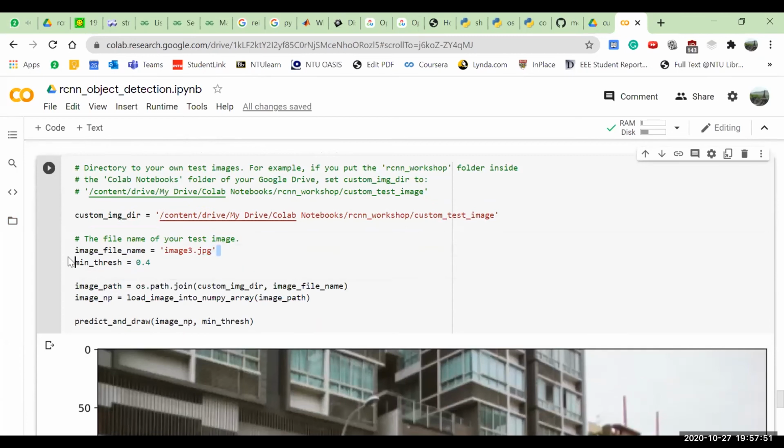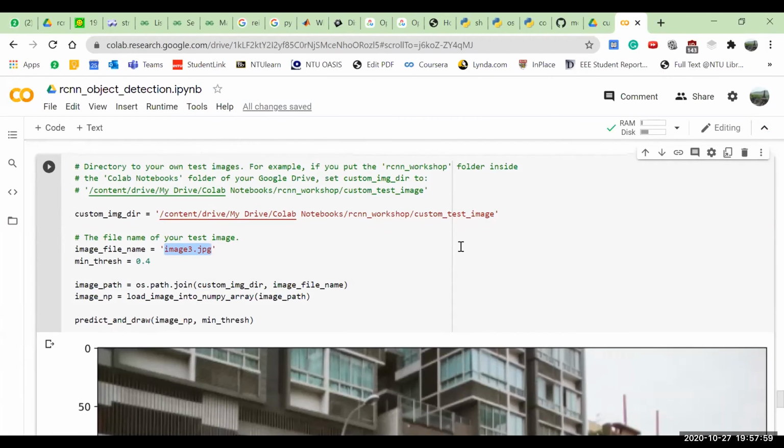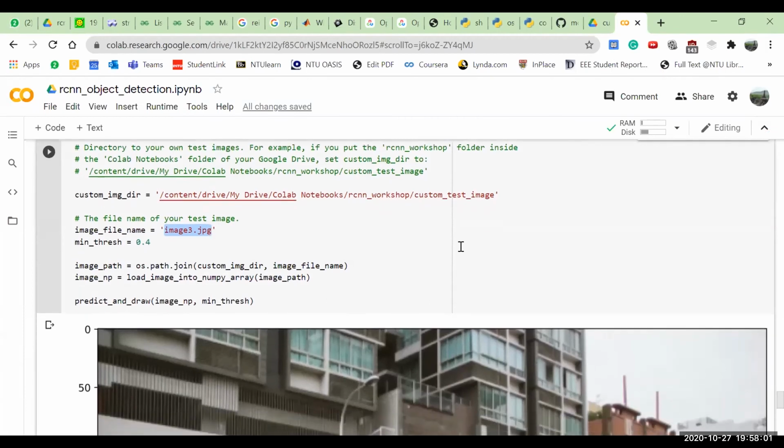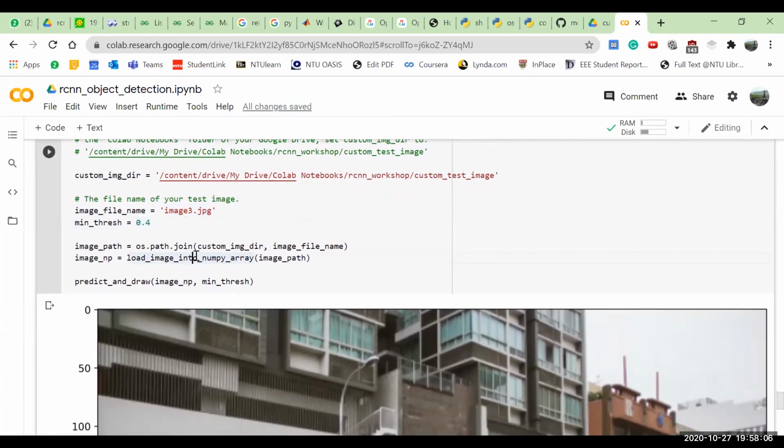Okay, so first of all, we choose one image that we want to test on. For example, I choose image 3, which is this one. And then again, we can specify the minimum threshold. I'll leave it as 0.4. And then